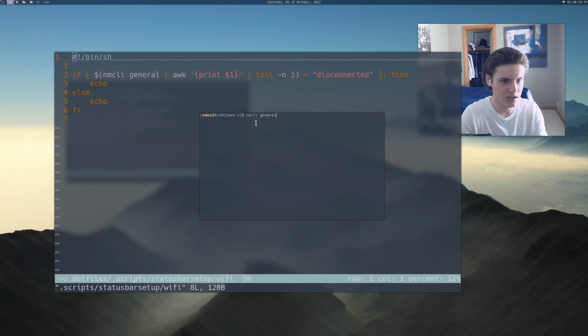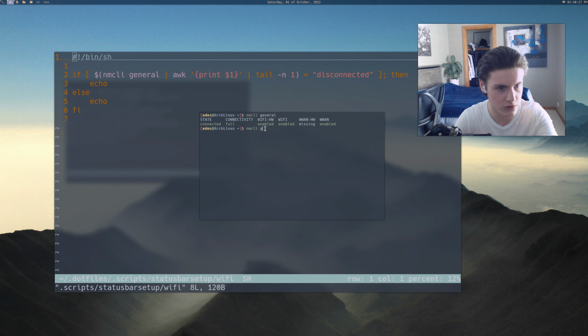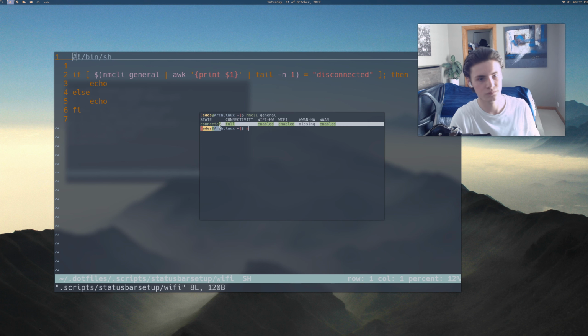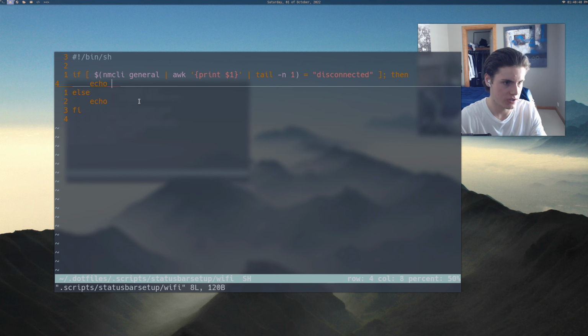It just types in this command, nmcli general, and this only works if you have NetworkManager. If you don't, then this command won't work. Basically it runs the NetworkManager command line general, and it shows you the connected state. Then I awk it to show the first line, so it shows state and connected, and then I tail it to show just connected. Then I say, if this equals disconnected, then, and I don't know why it's broken on here, but